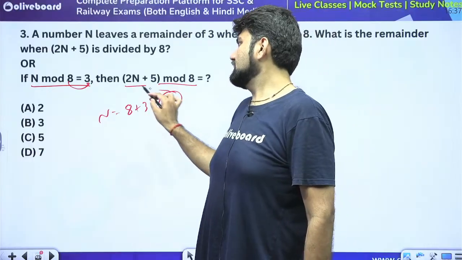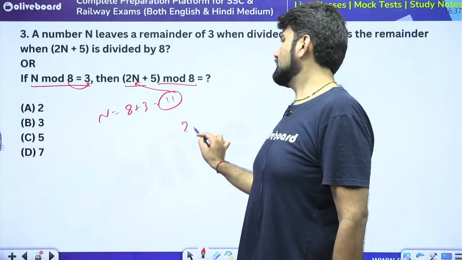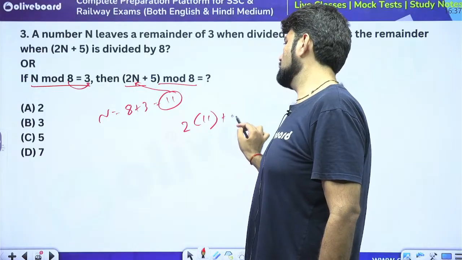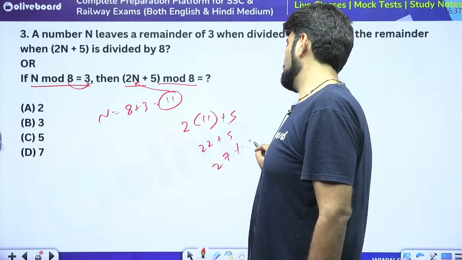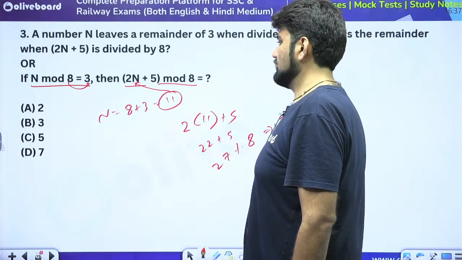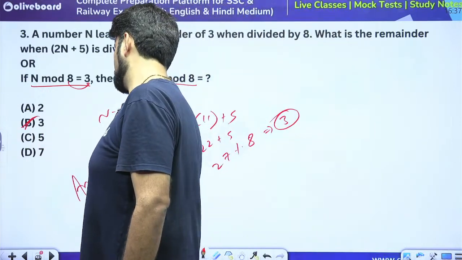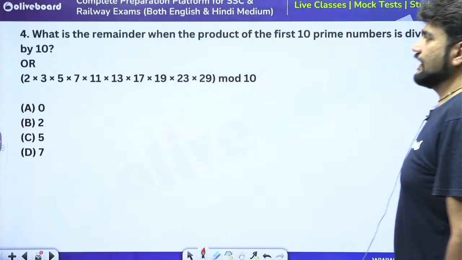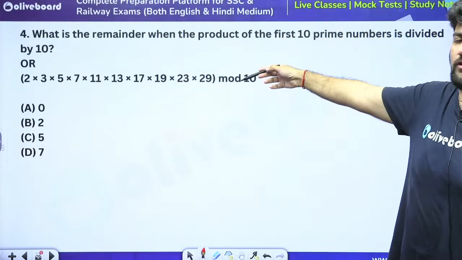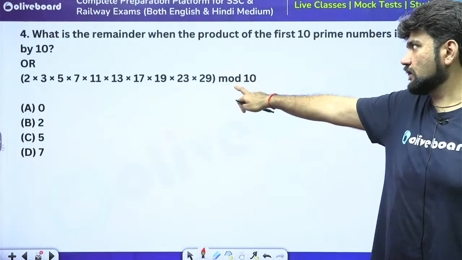Now put this 11 here. So this is how much? 2 into 11 plus 5 is 22 plus 5 is 27, and 27 mod 8 is how much? 3. So option B is the correct answer. Again, this is statement form, this is mod form. They can ask you either of them. Mostly they are asking like this now because students don't know what is mod, but they could have asked you